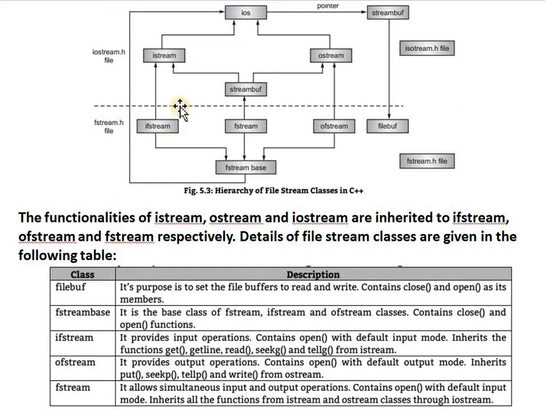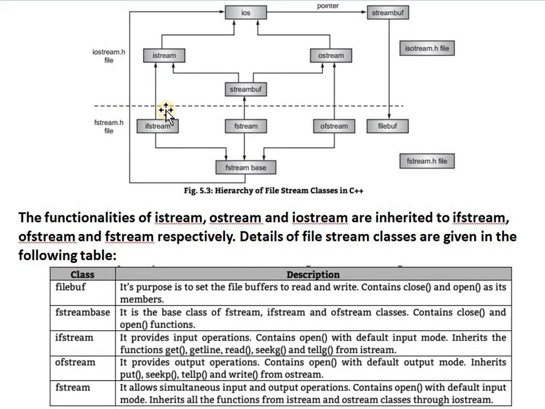The next one is the ofstream class. The ofstream class inherits both the fstreambase and ostream classes, and it provides member functions for the file such as put, seekp, write and tellp.